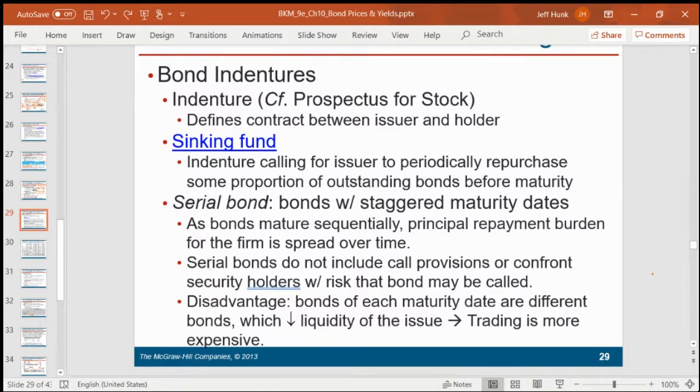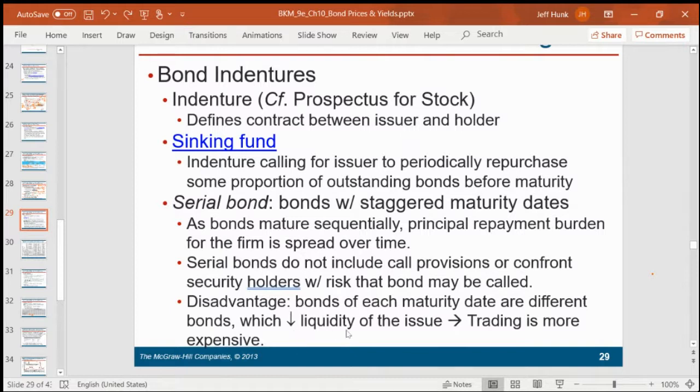Now, serial bonds do not include call provisions or confront security holders with the risk that the bond may be called. In other words, they are not callable bonds, or they are not honest upfront that certain sequences will be called earlier. So the disadvantages: bonds of each maturity date are different bonds,